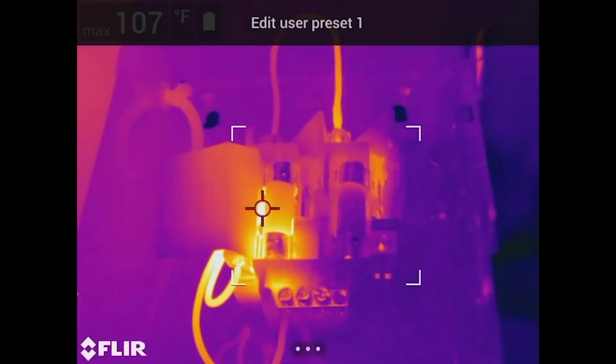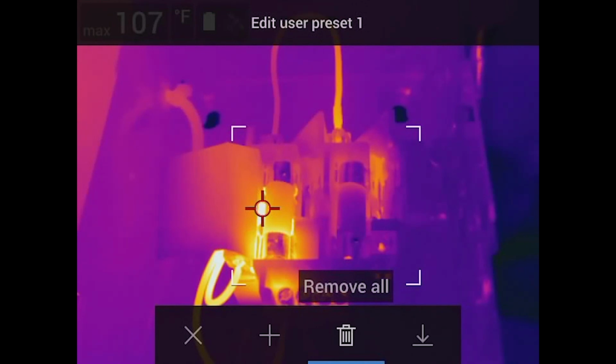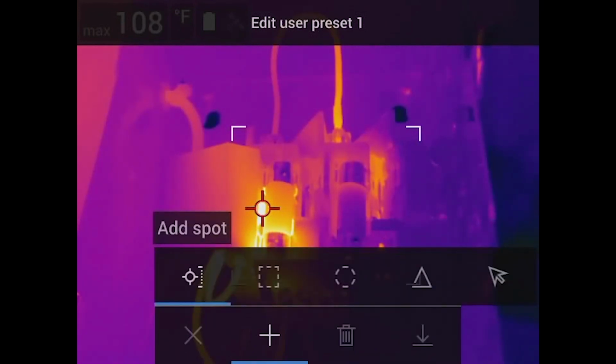So what I want to do now is add a reference temperature. Generally, you can put another box. That's absolutely something you can do. Or I can add another spot. So I'm going to take a temperature of these couple pixels versus the maximum temperature. What's really nice about this to make your job quick is you can set that reference temperature off to the side, or you can set it to something else in the field of view. Then we can calculate that difference and say, oh, this hotspot is a certain degree over, or if it's reaching 50 degrees or something like that, we now know how quickly we can do our scan.